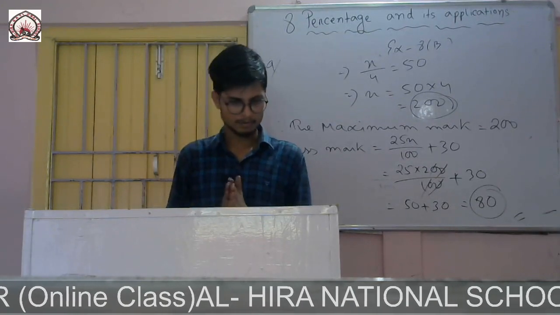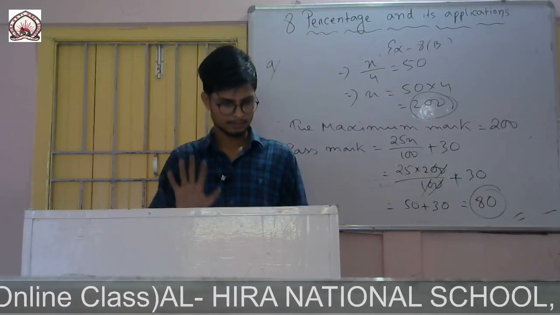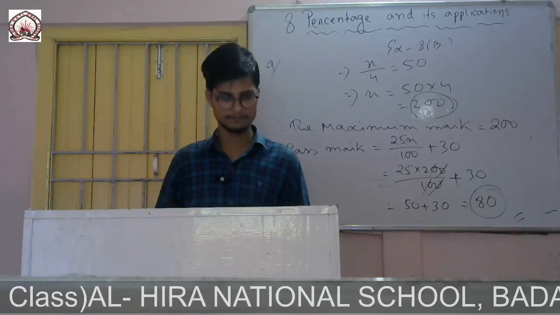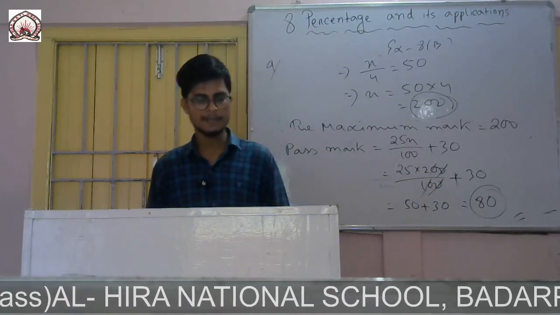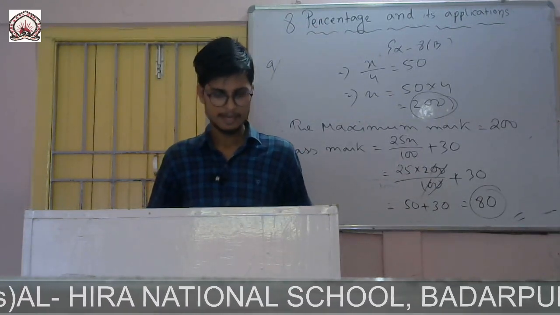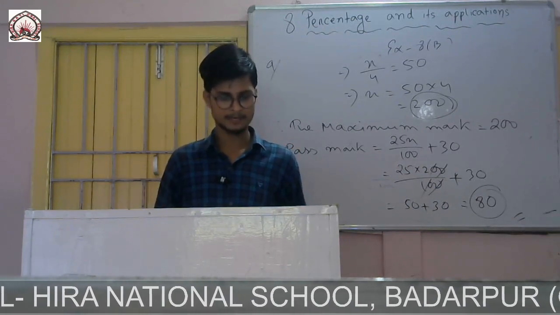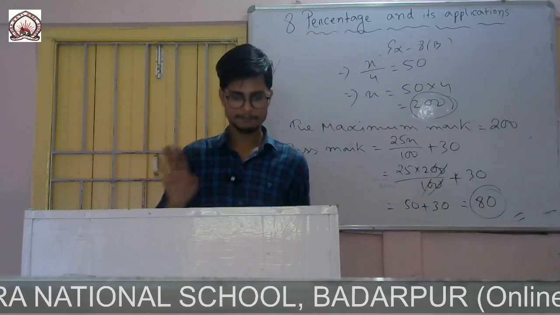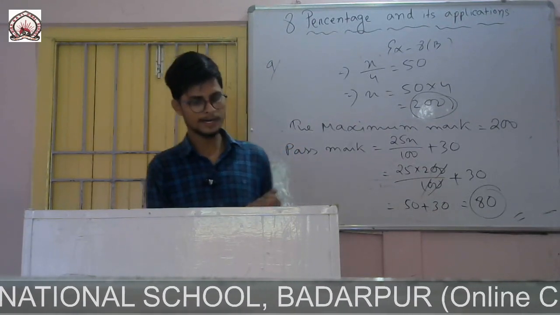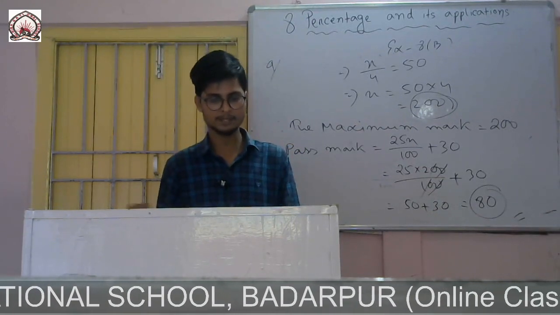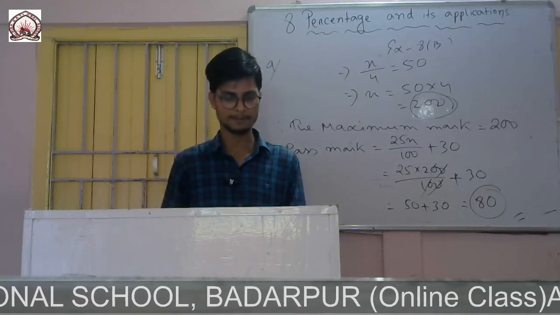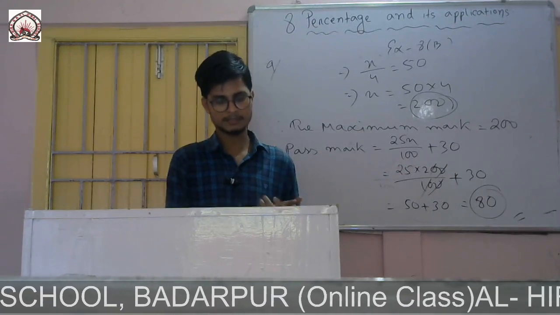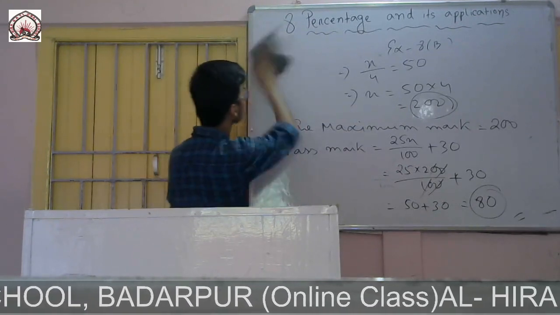Okay, so now the last question of this exercise for today's class. It is question number 10. There are 120 girls and 57 boys in the school. If 5% of the girls leave and no pupils are admitted, what percentage of the whole school will be boys? So first of all, I will find 5% of the girls who left, then subtract. Let me do it, you will understand.